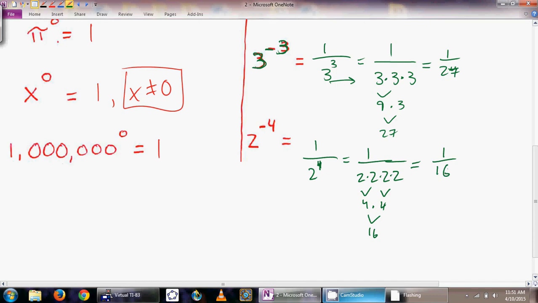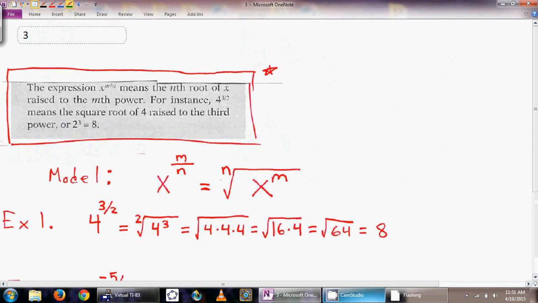So this is a nice review of the rule with zero exponents and negative exponents. To recap, anything raised to the 0 power becomes 1. Anything raised to a negative power becomes that base in the denominator raised to the same power, but just positive now. All right, the last piece, and this is kind of the most complete one, is let's talk about